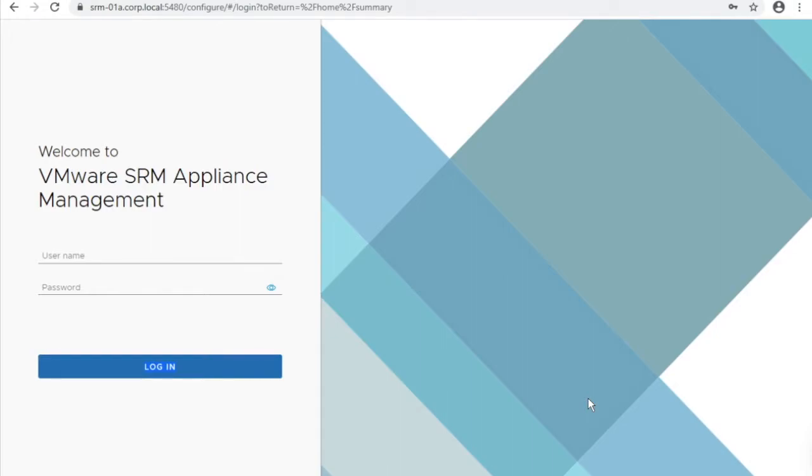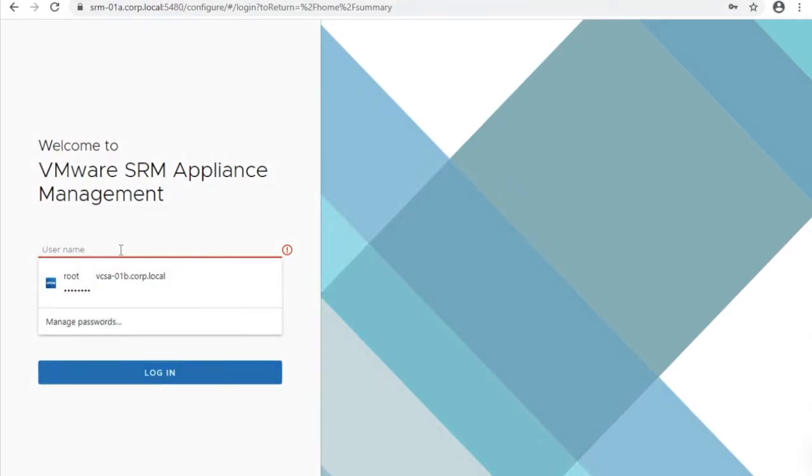Now, I will walk you through the VMware SRM Appliance Management Console. So, this is the login page of VMware SRM Appliance Management Console. I will log in with my account.